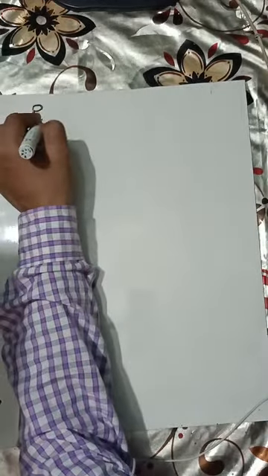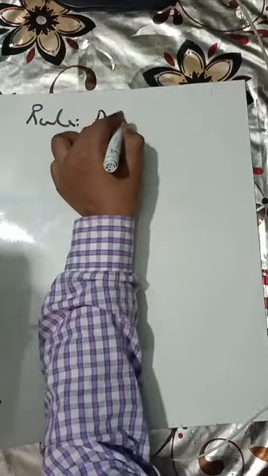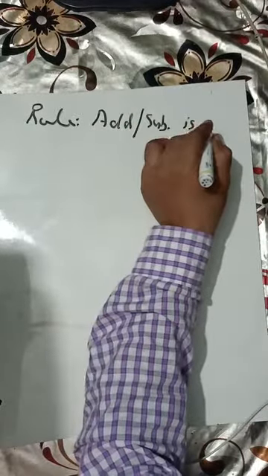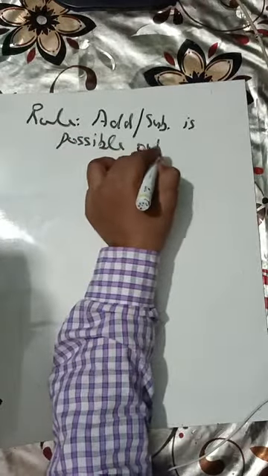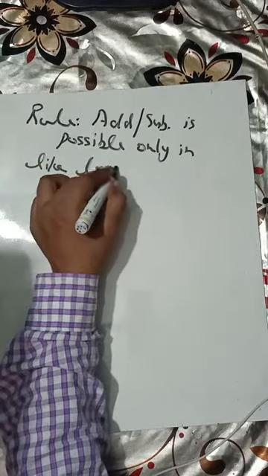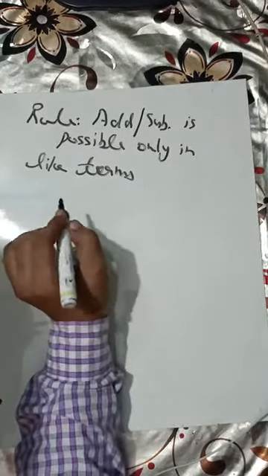Now I'm going to tell you about the rules which should be helpful in doing the addition and subtraction. And this will be the last topic of this video. So the rule for addition and subtraction is that addition and subtraction is possible only in like terms. For example,